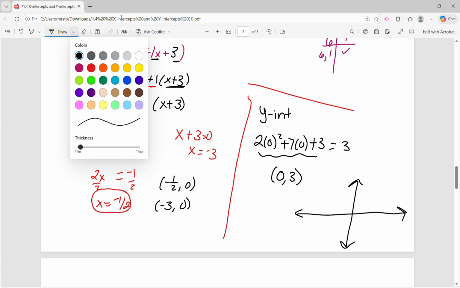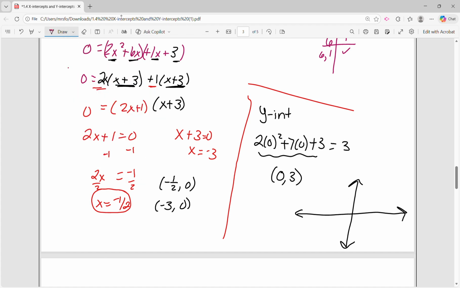So now if I was graphing this, like sketching the graph, the (0, 3) is going to be up here. The -1/2 is going to be about here. The -3